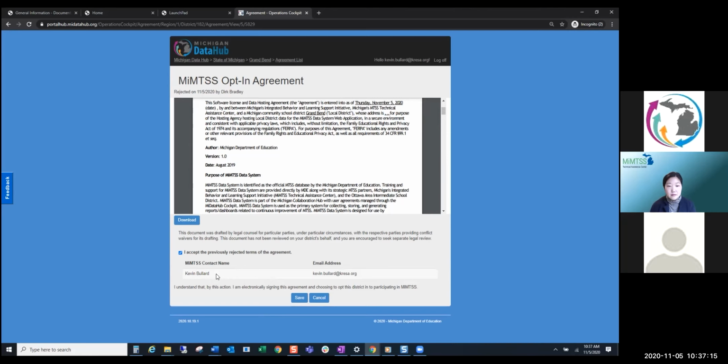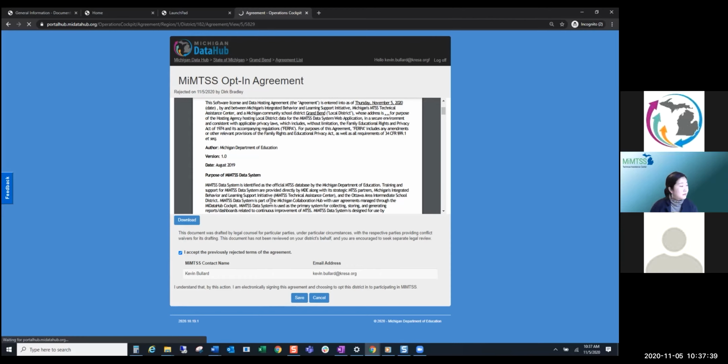If that person has not been selected, this is where you'll select that person and add their email address and information to select them. Once you've accepted that agreement by selecting the checkbox and your MTSS contact name information looks correct for who that contact is for your local district, go ahead and click Save.